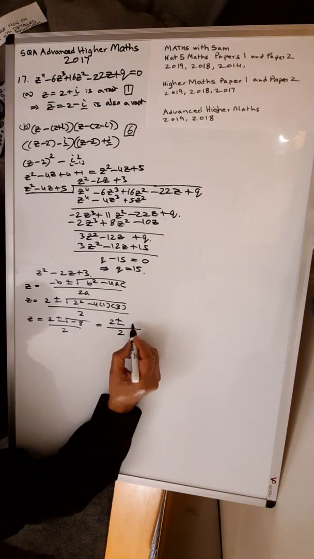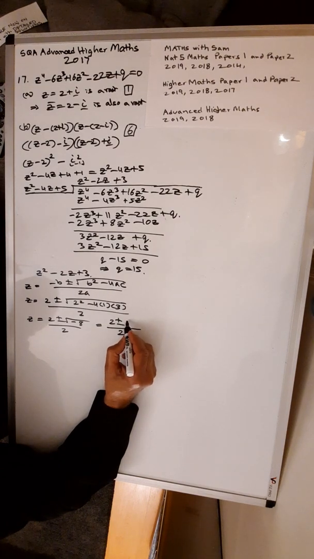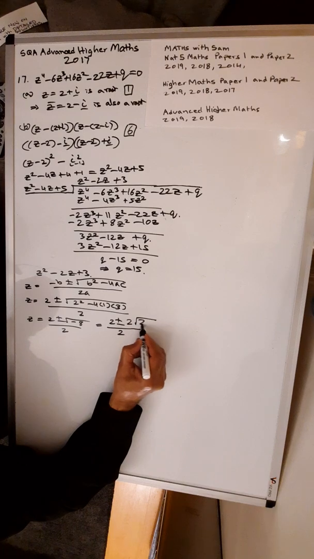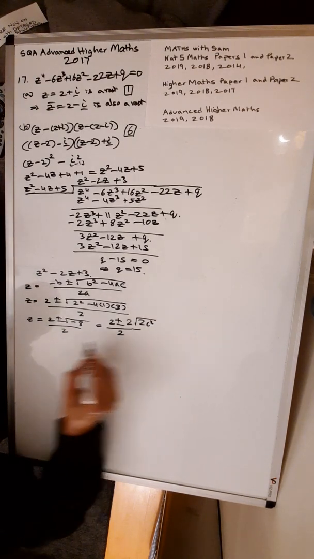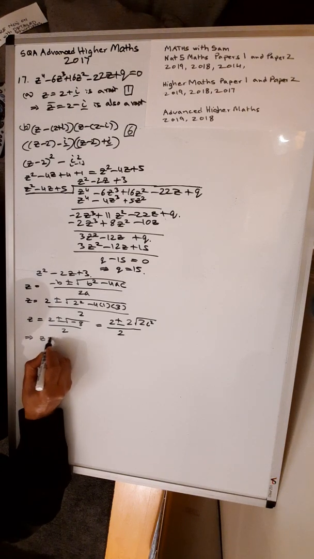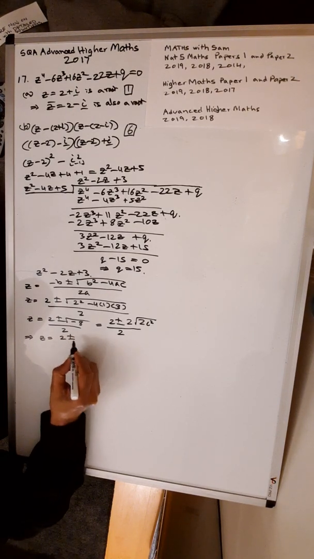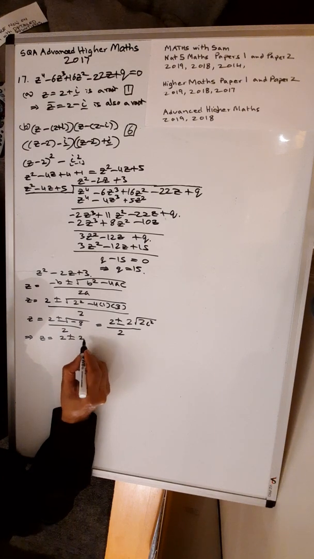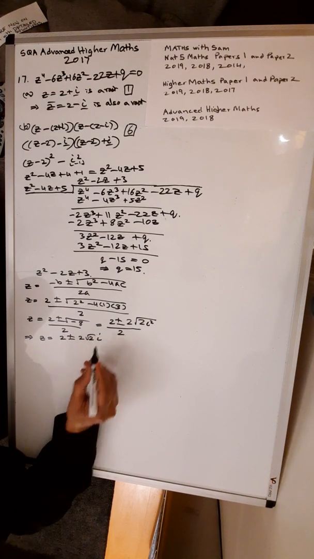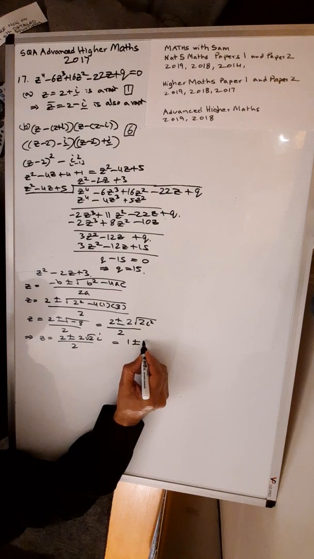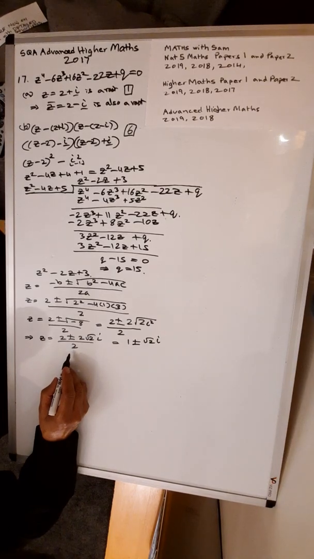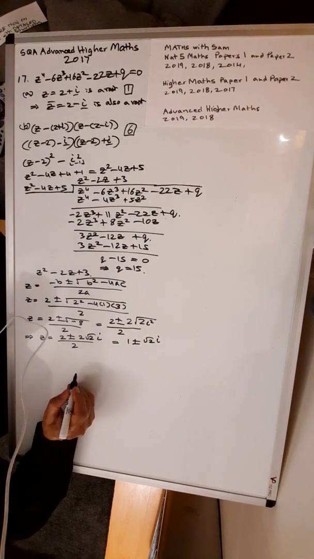You can take a 4 out, so that gives you 2 outside. Inside you still have i squared, which is the minus 1 bit. So z is equal to 2 plus or minus i, all over 1. These are your other two roots. So your roots are now